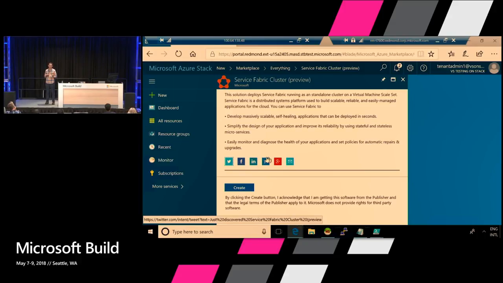Now, bear in mind, this is not the Service Fabric resource provider, the managed service. This is not AKS, the Azure Kubernetes Service, the managed service. These are marketplace items that create those Kubernetes or Service Fabric clusters for you. The key difference is that the Azure version is a fully managed service, while in Azure Stack it's a marketplace item that automates the creation of those clusters relying on IaaS infrastructure. Anyway, this is just to give an idea of the current capability. Everything that I show you is a current capability.